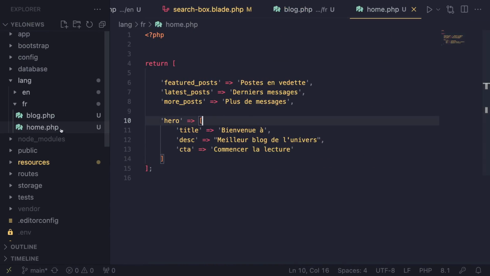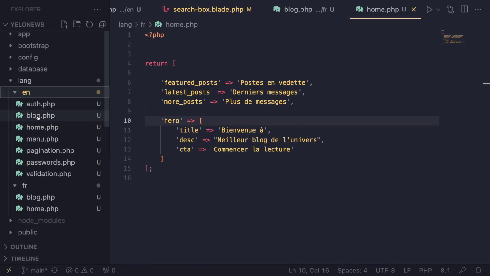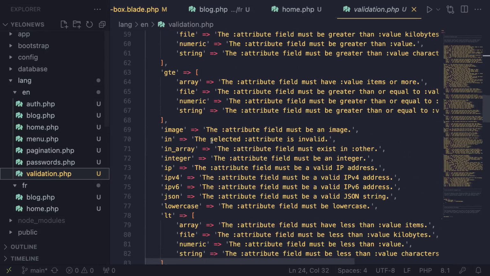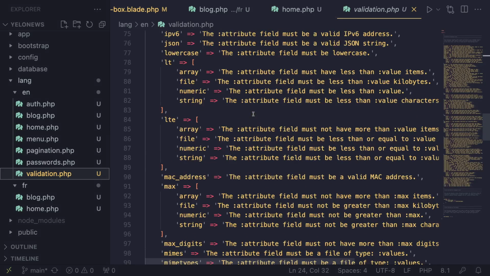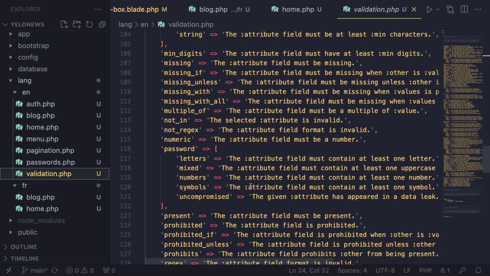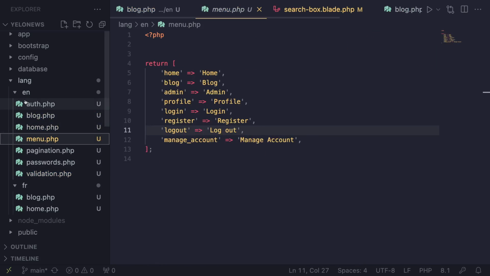So that's the process. You basically copy whatever you'd like to translate from your English folder to your FR folder. Realistically, or in an ideal sense, you want to translate all of them, even the validation messages. Now, some of the validation messages, I believe, are already translated. So if you just search on Google, I believe someone has already translated these, so you can just reuse those. But for your own application-specific stuff, like the blog, home and menu, you obviously have to do it